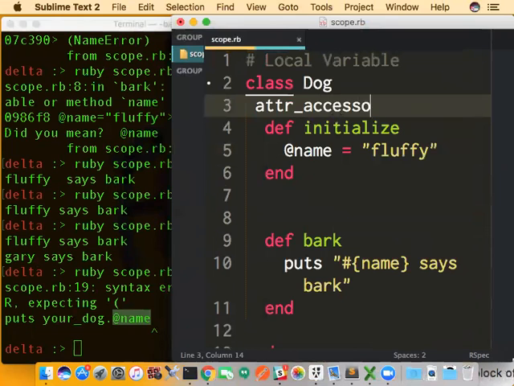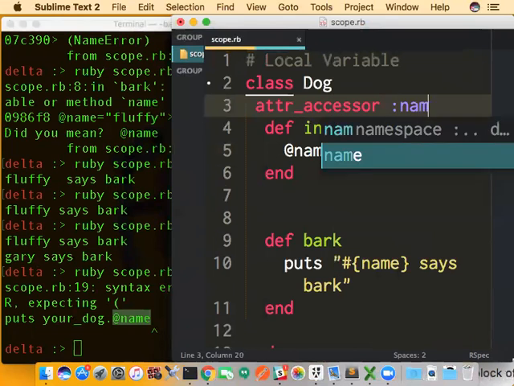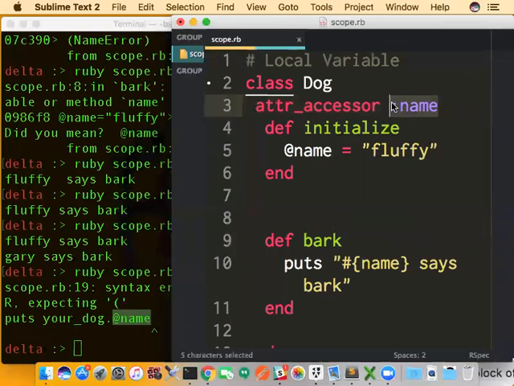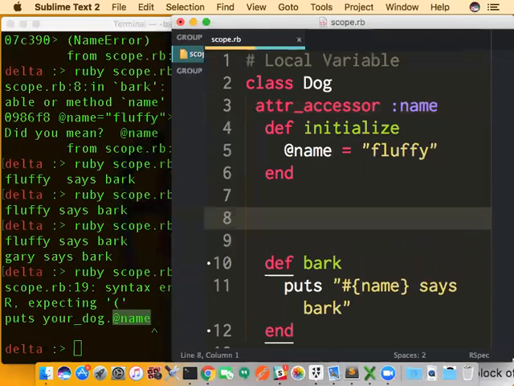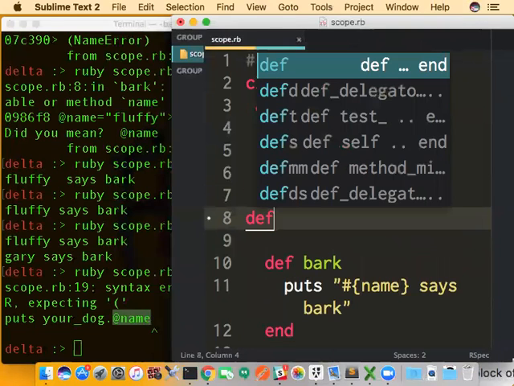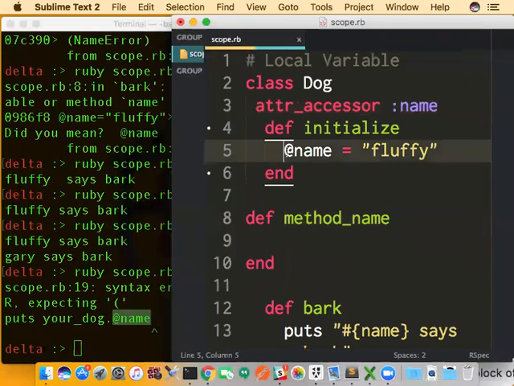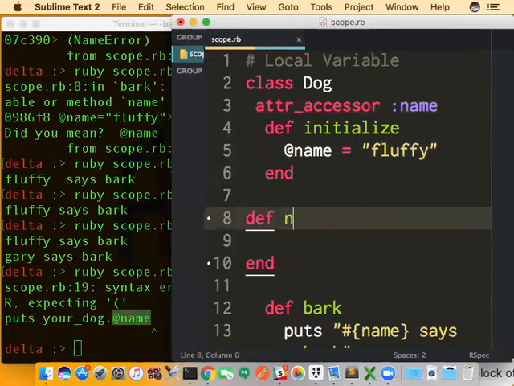anything, okay, this symbol is reflecting a method that is being invisibly created, right? It's replacing the fact that in order for me to get this information outside of the class, to be able to actually call it, because I can't call @name as we just saw, I would have to make a method called name, where it would return to me the attribute